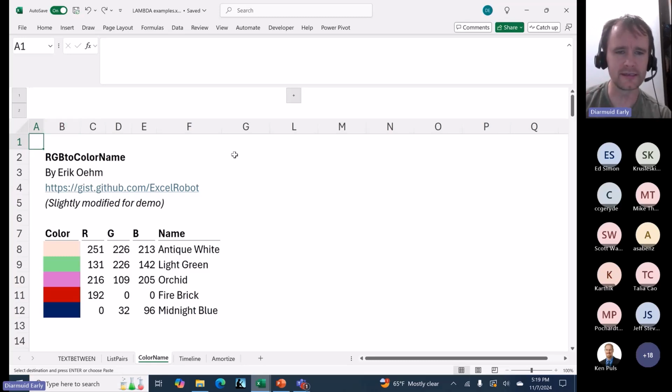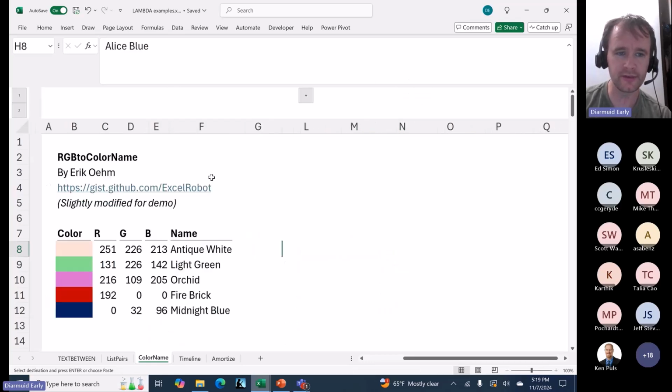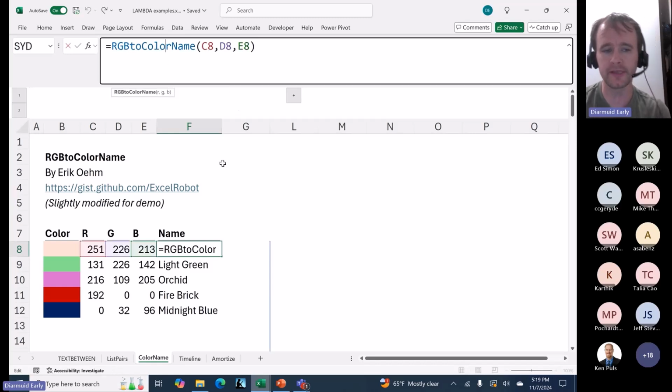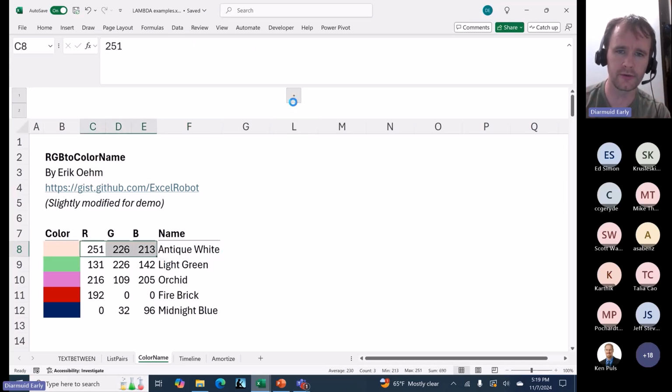This one is just, I put it in solely because it's such an interesting creative use. The idea here is that it starts with a list of colors in RGB format and names, and then you give it an RGB code for any color, which you can pull out of a cell color with VBA. But say you want to get this in human readable format, then you can use this to say RGB to color name, and it basically does a least squares matching to say what is the closest color of the